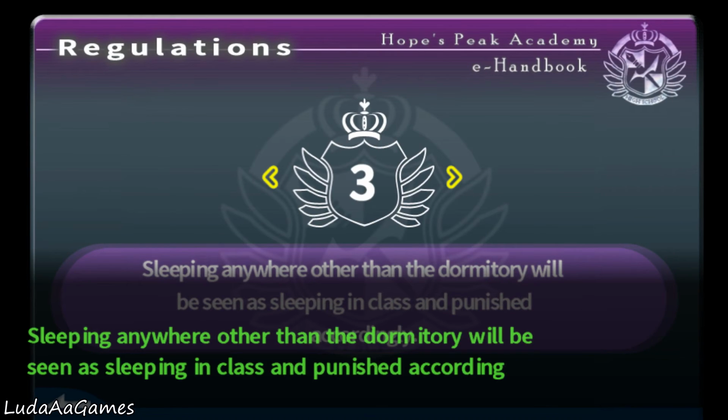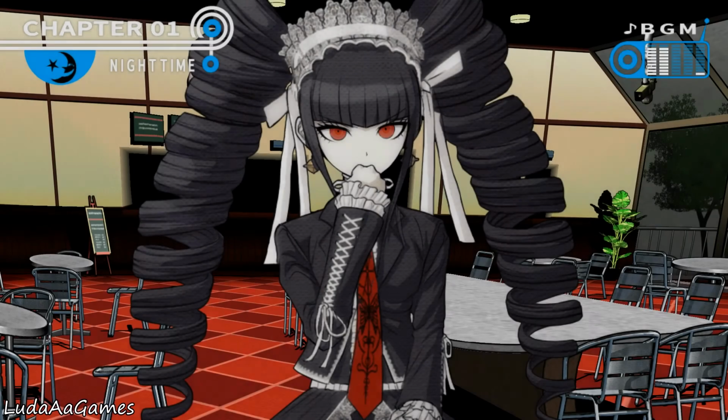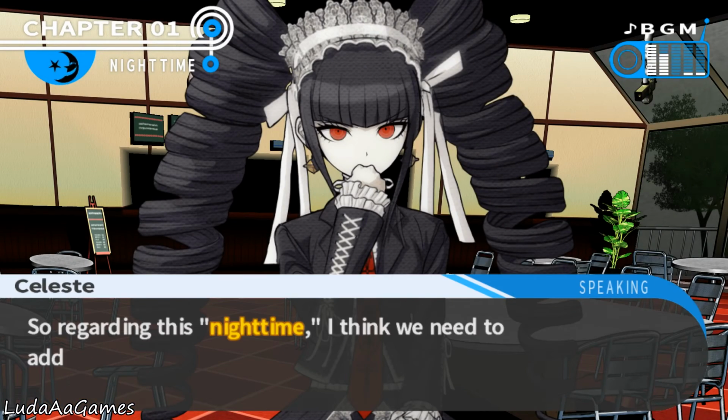And the other rule is sleeping anywhere other than the dormitory will be seen as sleeping in class and punished accordingly. Let's see. So it's not really clear which areas will be off limits at night, but I guess we'll find that out, considering it's probably heading towards nighttime fairly soon. Unless, according to that thingy at the top left, it already is.